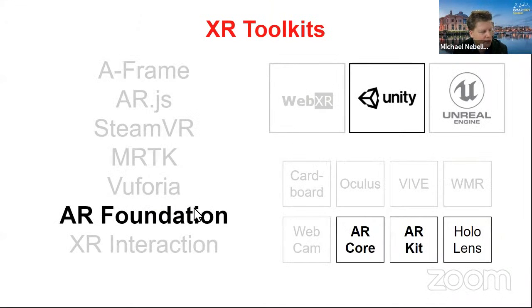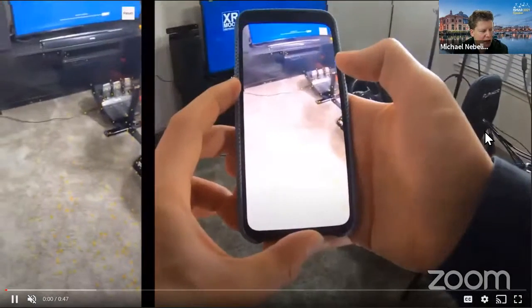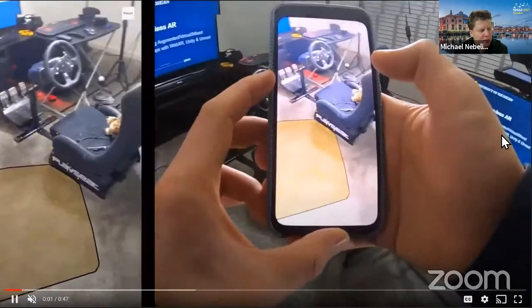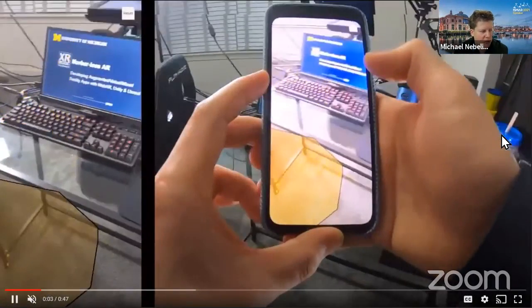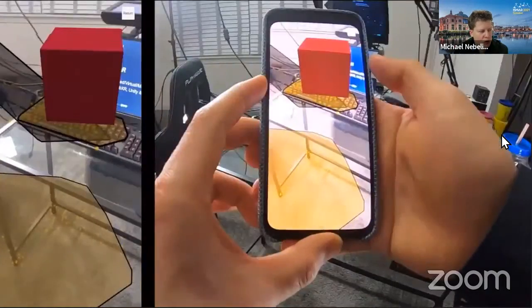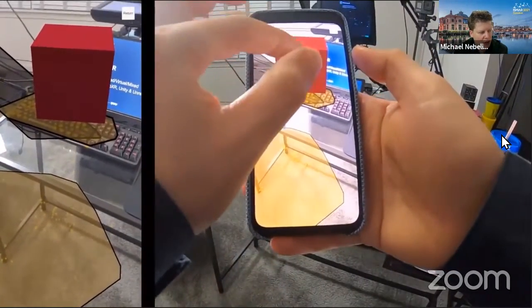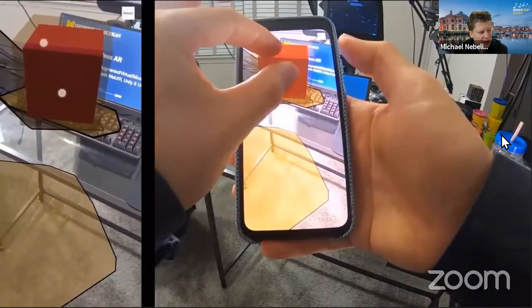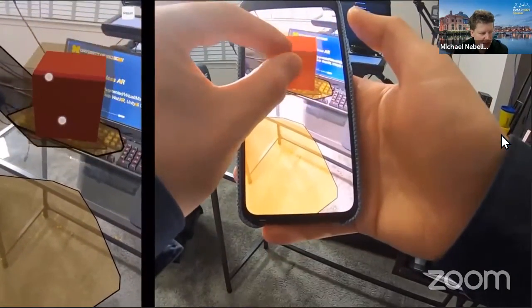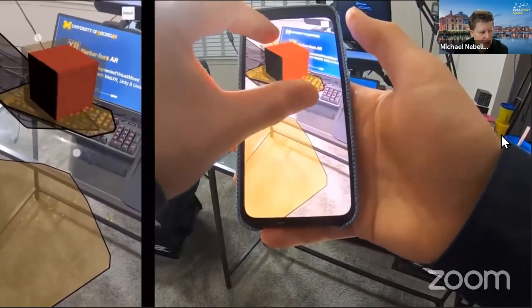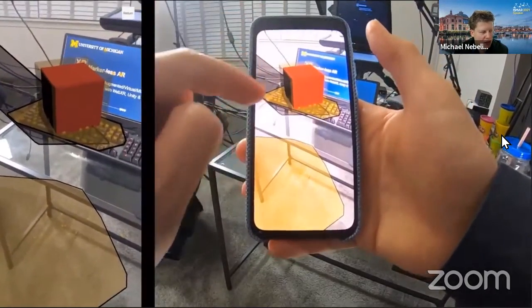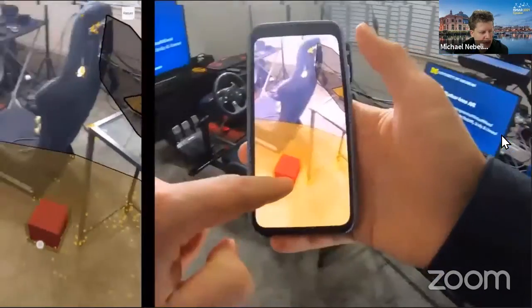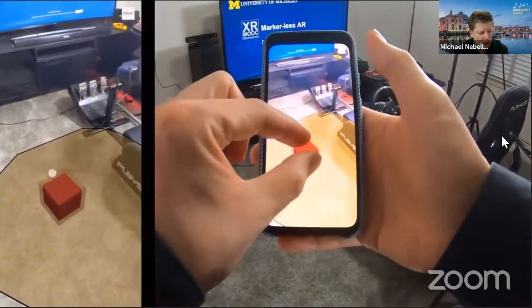AR Foundation is only in Unity, but it actually abstracts from both ARCore and ARKit. I mentioned that before. And so it comes with basic behaviors and, for example, here it detects zones, so surfaces where you can actually place objects. And then I can very quickly add drag and drop interactions or pinch to scale. And that is actually not difficult to implement. It's just a behavior you need to attach to the 3D model you want, and the 3D model needs to have a collider, so it needs to be able to detect collision, including when you touch